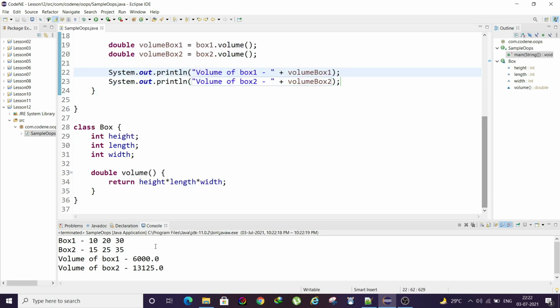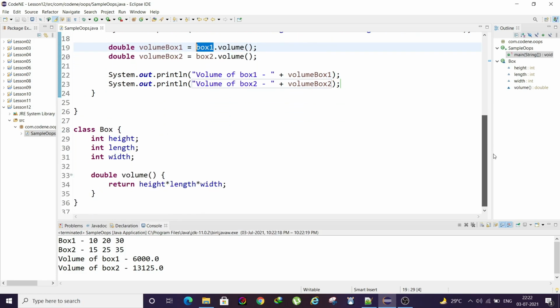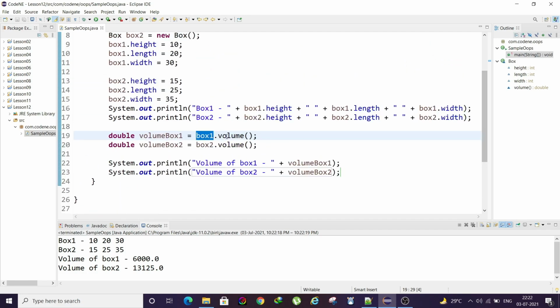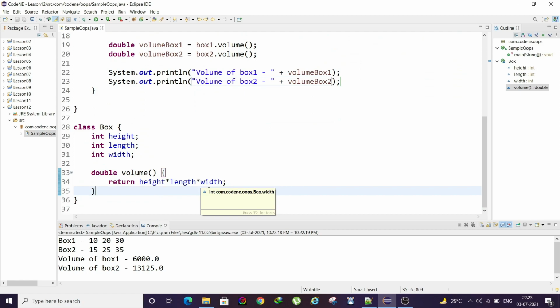Then we declared one common method, right? And we call that specific method using the object: the object dot the method name. We wrote the instruction inside the method so that it returns the volume, multiplying the properties of that object.